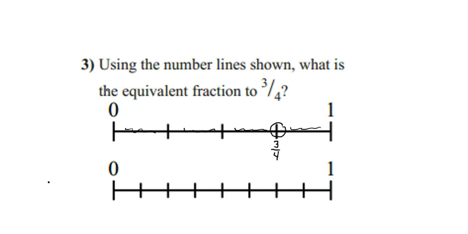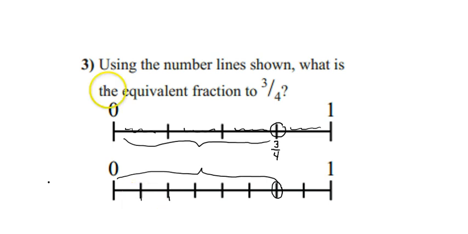Looking at the number line below it, I have another point that represents the same amount. So 3/4 is this entire amount. I need to figure out what fraction represents this amount on the bottom number line. I do that by counting the sections. I have 1, 2, 3, 4, 5, 6, 7, 8. So my whole has been broken into 8 sections, and then I need to find out how many eighths are equal to 3/4. So I have 1/8,